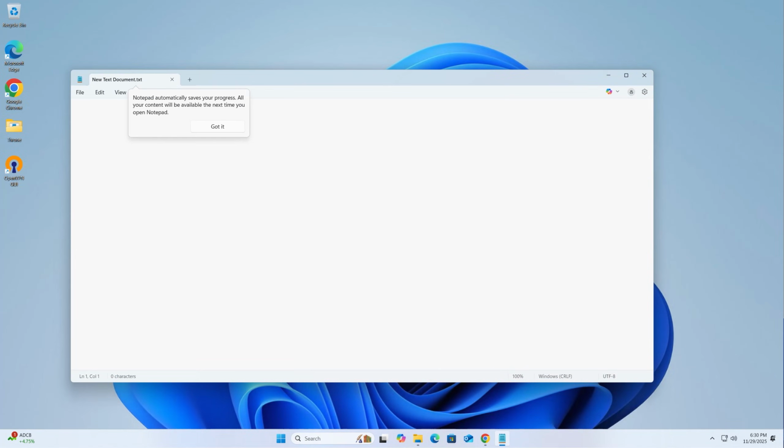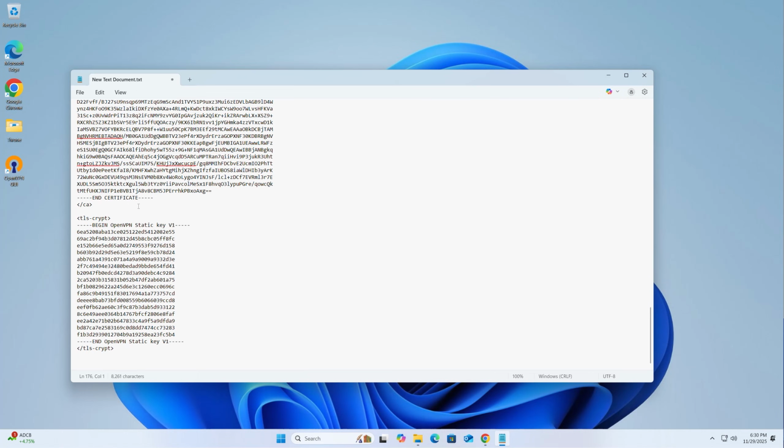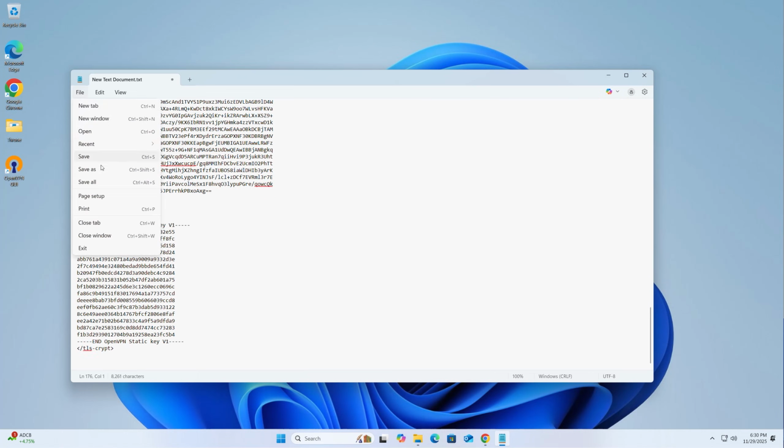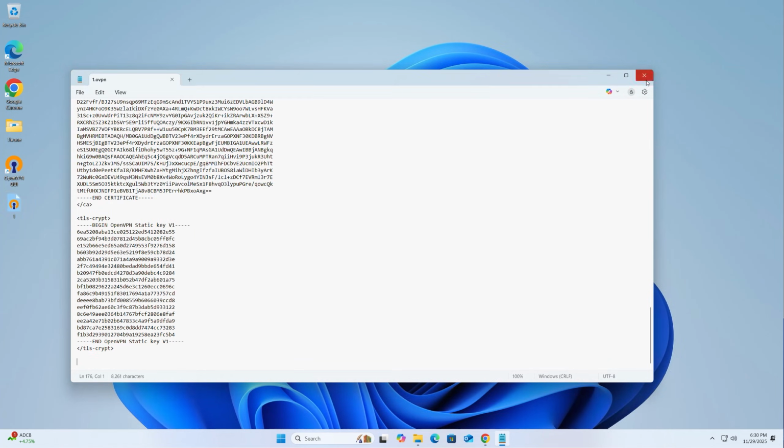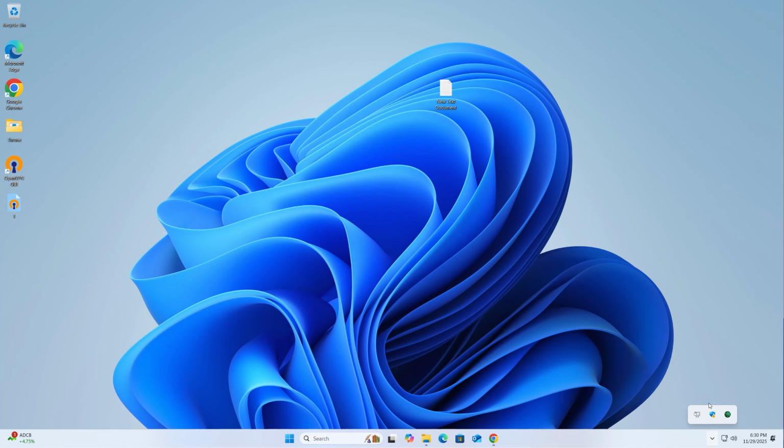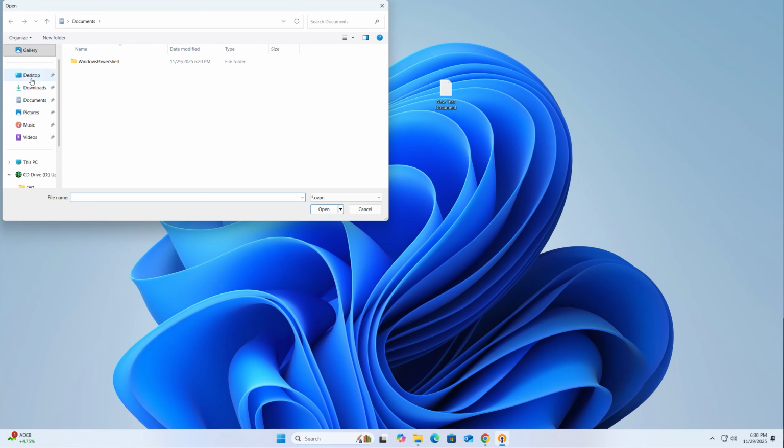And I'm importing now. Here are the settings of your VPN. Let's save this file under the name OVPN1. And we will check the functionality with you.